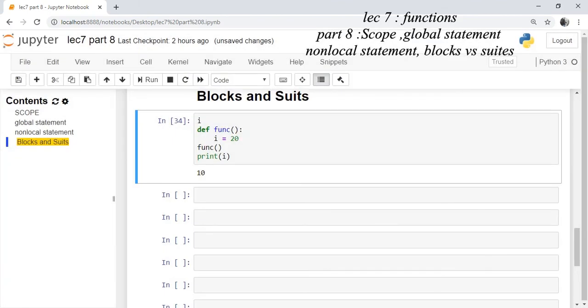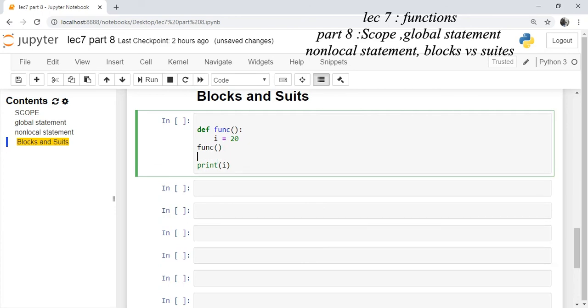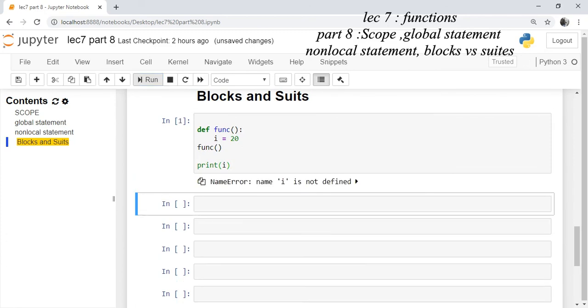You will see a message that the kernel has restarted, kernel ready. Now this I is not defined and you are assigning the value of I as 20 inside the function, and outside the function you are printing the value of I. If you run this cell, it will say that name I is not defined, because it is a local variable in this block.